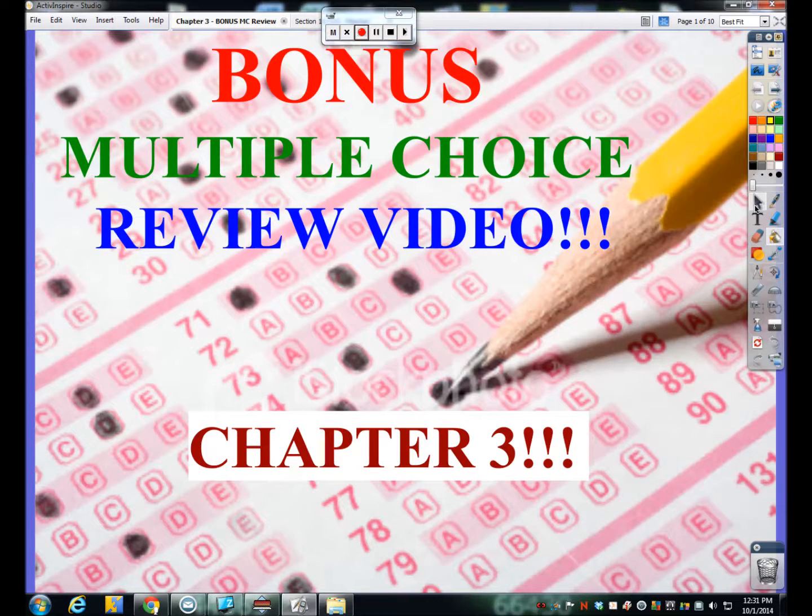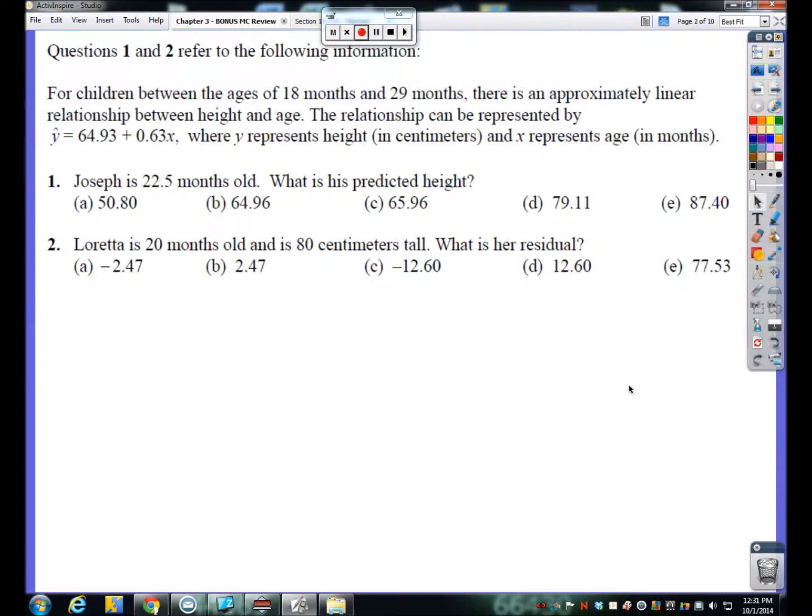Chapter 3, multiple choice review time. Let's get it done. 1 and 2 refer to the same information here. It says for children between the ages of 18 months and 29 months, there's an approximately linear relationship between height and age. There we go. The relationship can be represented by y hat equals 64.93 plus 0.63x, where y is height in centimeters and x